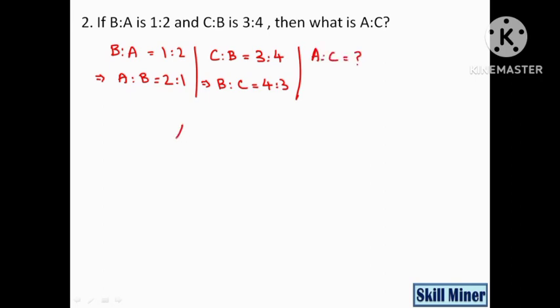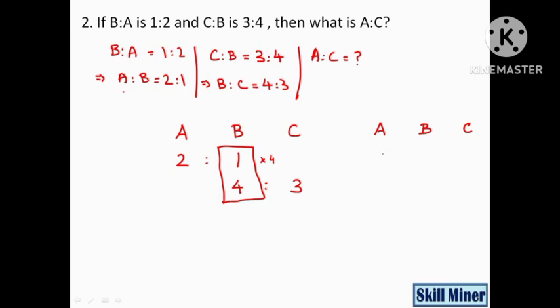Write the variables. There are three variables A, B and C. Here we have A is to B as 2 is to 1. Here we have B is to C as 4 is to 3. Now observe guys, the B value is not a common one. We need to get a common B value. We need to multiply the first statement with 4. So if we multiply the above statement with 4,